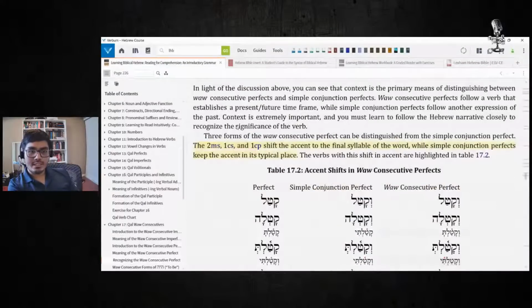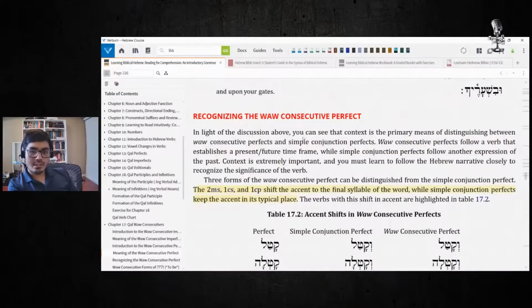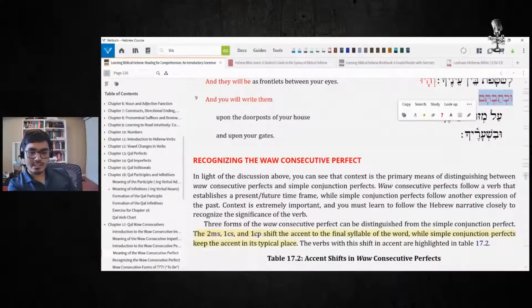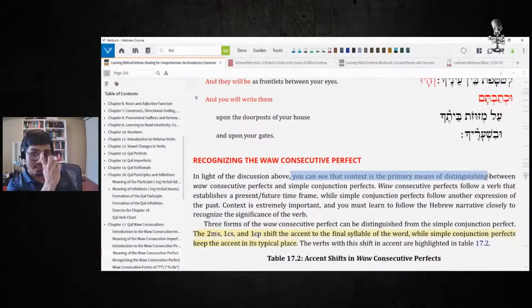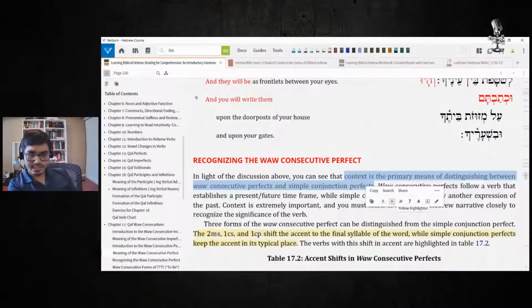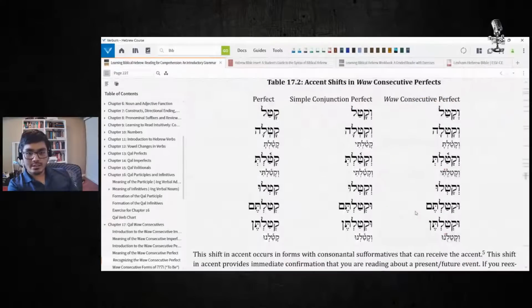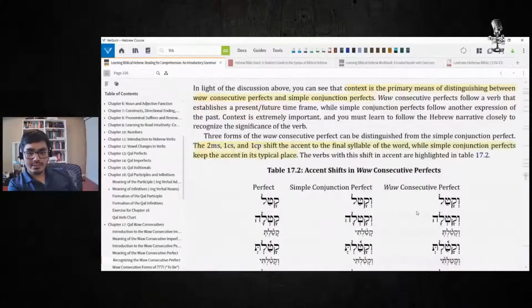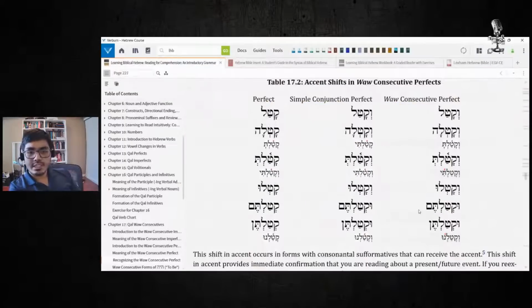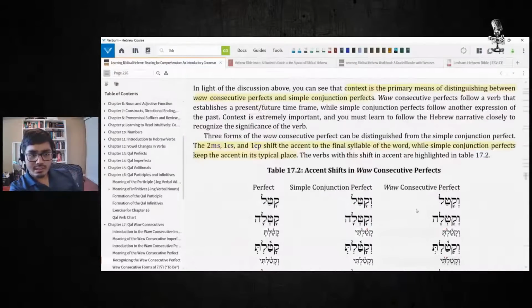So you can see that in order to tell if the vekatal is in view, you need to rely on context. Context is the primary means of distinguishing between vav consecutive perfects and simple conjunction imperfects. However, there are some cases where there is a distinct form for the vav consecutive perfect. So the vekatal